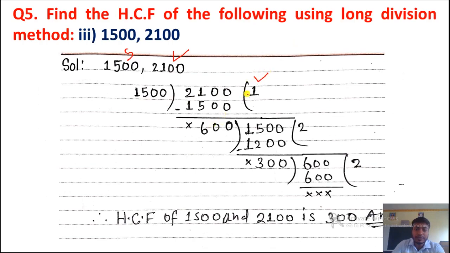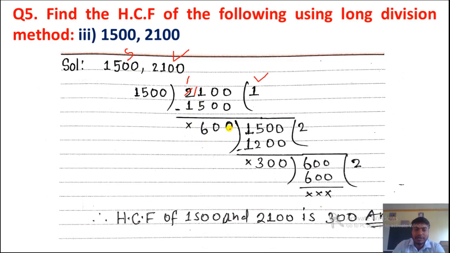1 time. So when we multiply 1500 by 1, we'll get 1500 only. Now subtract: 0 minus 0, 0; 0 minus 0, 0; 1 is less than 5, so this will take borrow from this. When we take borrow, this will become 11 and this will become 1. 11 minus 5, 6, and 1 minus 1, either you give cross mark or 0. Clear? Now here we got 600 remainder.